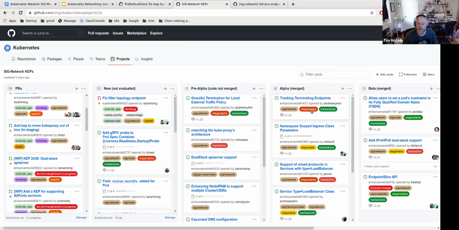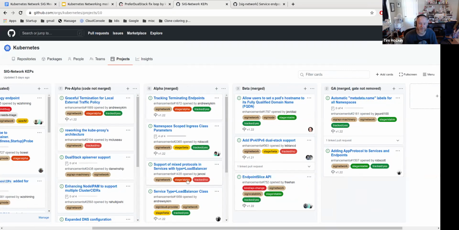Okay. Well, I can tell you everything in alpha and to the right is active. Oh wait, no, that's not true. Everything beta and to the right is active. In alpha, I think the mixed protocols one was not supported. I think that's one that was stuck in alpha because it's only half implemented, just as an example.